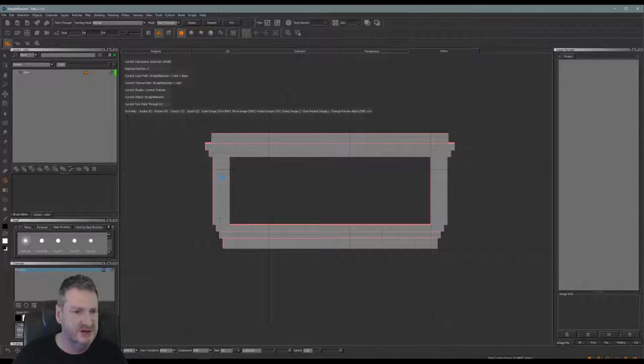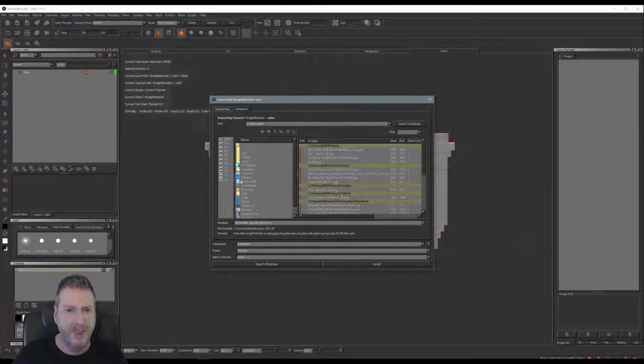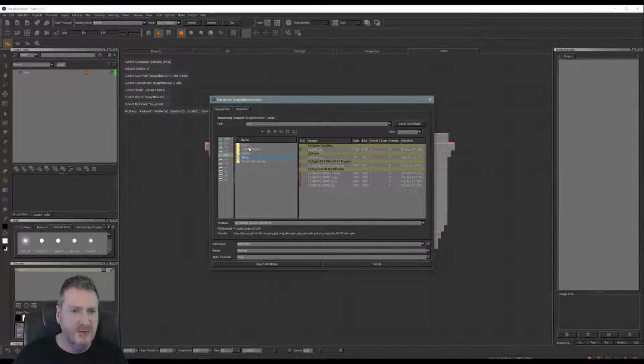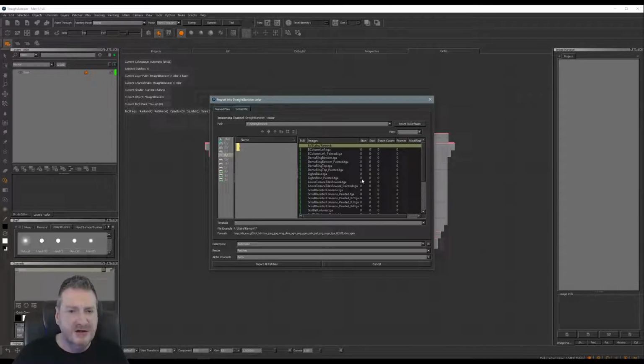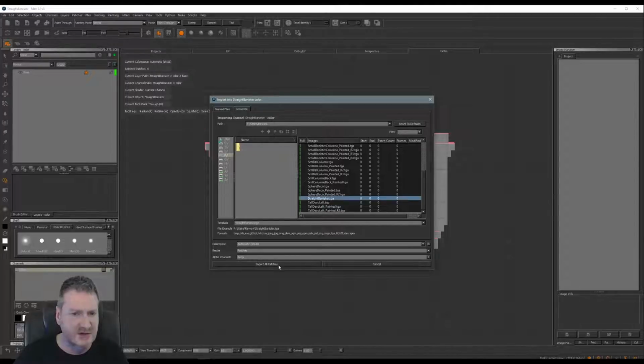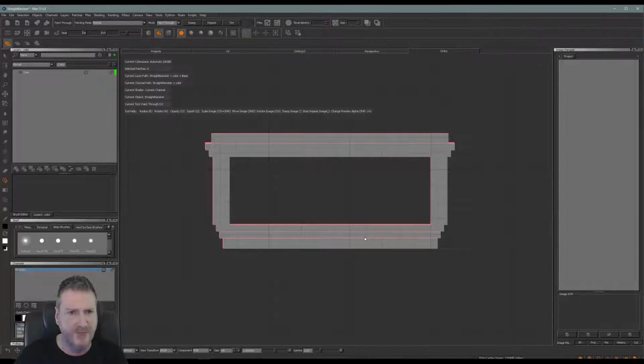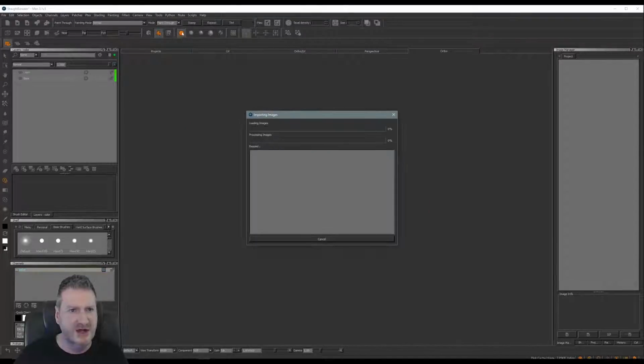So I'm just going to import into the layer stack. I'm going to go to our rework folder where we saved our render to texture from Max. Again, Mari defaults to tips, so just pop a star in there and you'll see everything in your directory. Straight banister is what we need. Straight banister.tga, that's the one that we created. And again, I've turned on flat shading in Mari just so I can see the model better as I paint